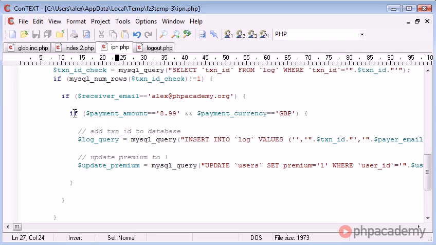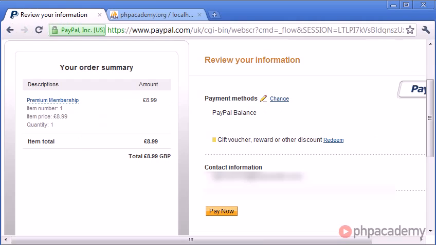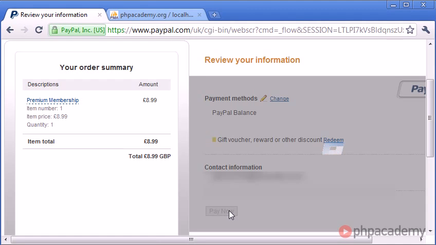everything's fine. And obviously we do these checks because people might say, well, I'm going to change the payment amount on the actual form itself to £1, for example, or $2, or whatever currency you're using, and therefore if you didn't have these checks in place, you'd give premium membership to whatever payment amount was given. So let's go ahead and click pay now,